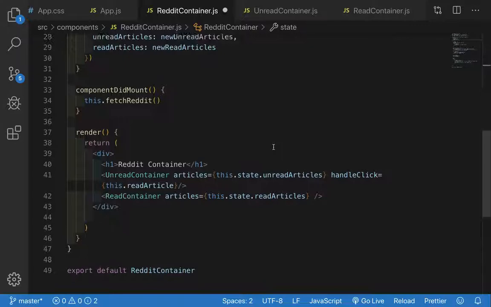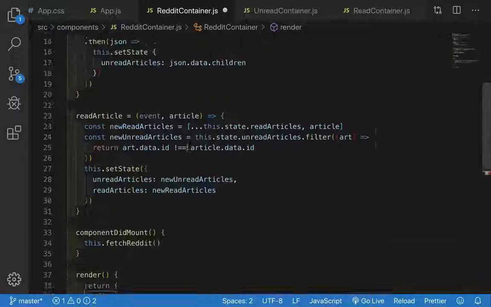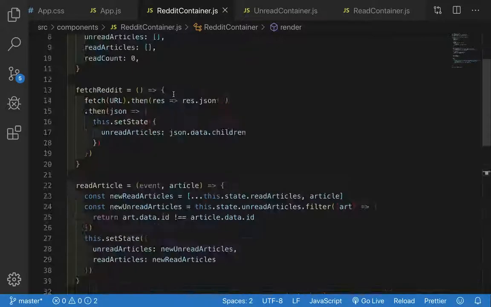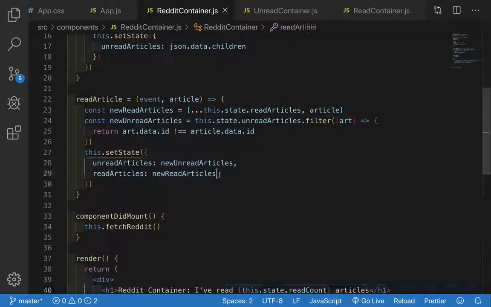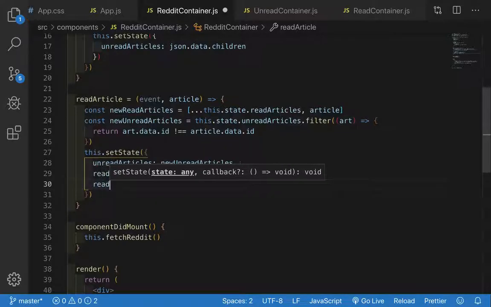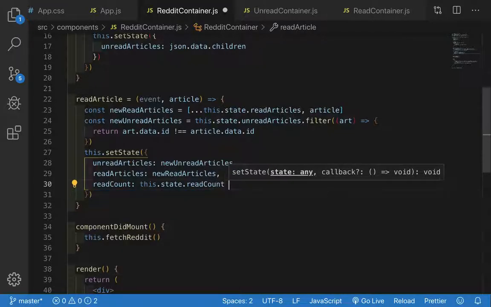And I want this to increment every single time that I read something. So a lot of times I'll just do my read count is now this.state.readCount plus 1. So in this case, I'm doing the opposite of what I said before, where I'm actually doing the logic in here. It's very, very short and simple logic,